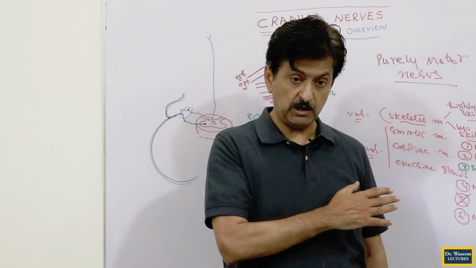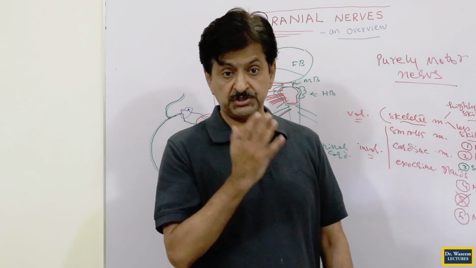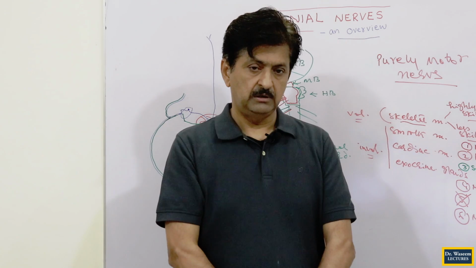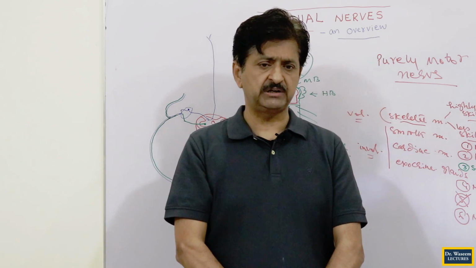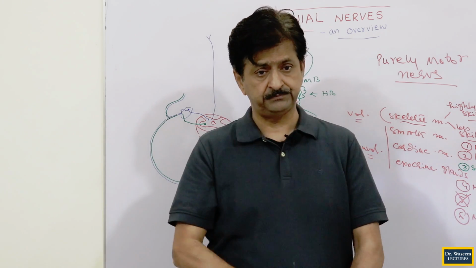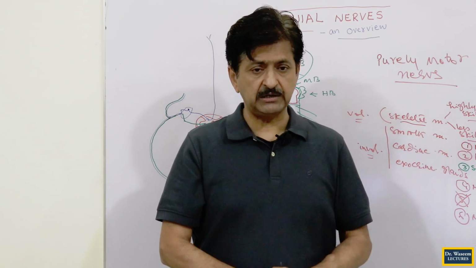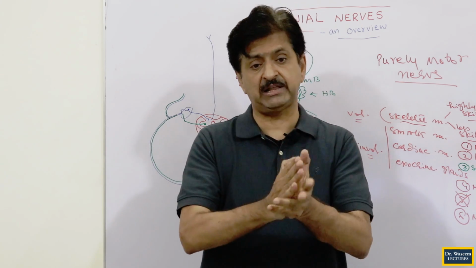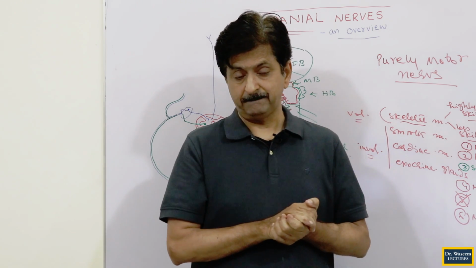Out of your 12 pairs of cranial nerves, out of your 12 nerves on one side, 6 are just for the eyeball. Not all 6 obviously, the 5th is one component, the 7th not all obviously, some part of it, but very, very important for lacrimation. So these are the nerves, and to some extent even your 8th nerve also has to do with the eyeballs.